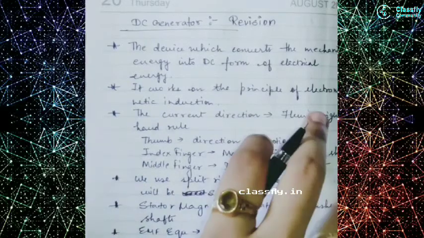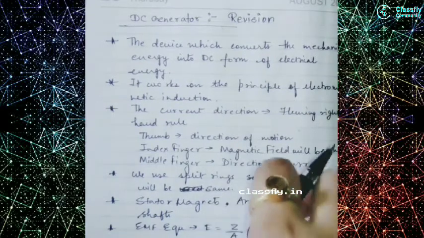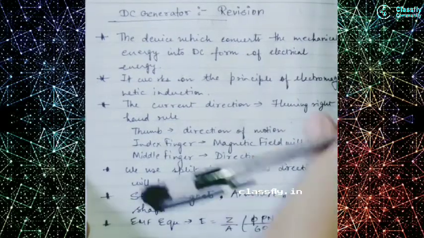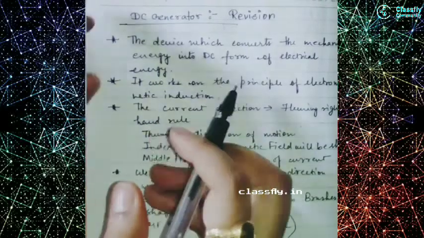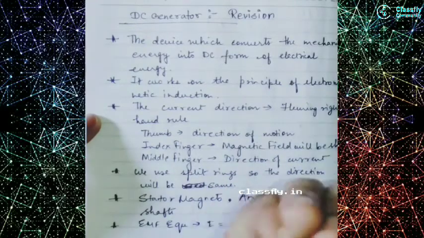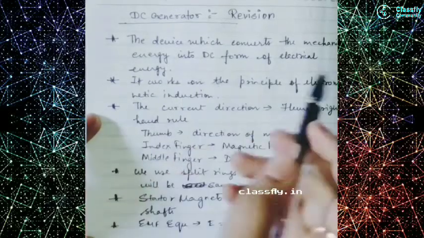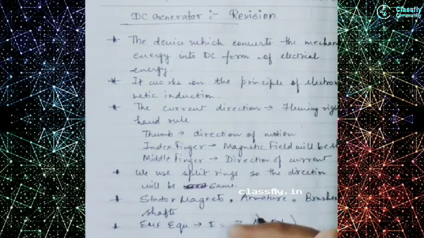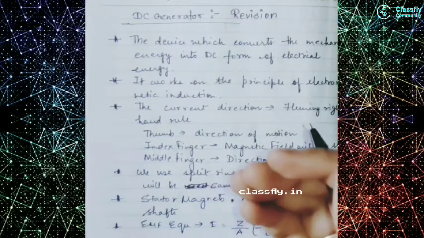Today we will be doing the DC generator as well as the DC motor revision, that means the module 4 revision of the basic electrical engineering in a very brief manner. So the first point for the DC generator is it is a device which will convert the mechanical energy into a DC, that means the direct current form of electrical energy, and it works on the principle of the electromagnetic induction. That means whenever a coil is brought closer to a magnet, it creates